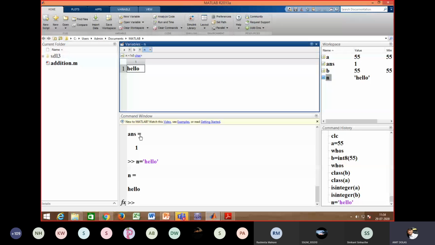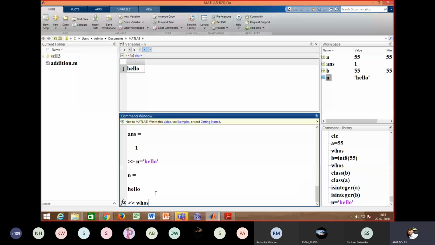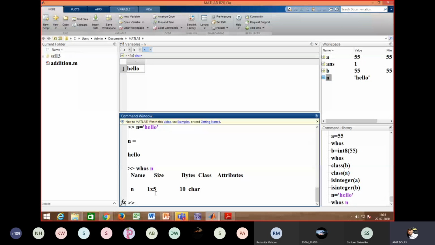If I use whos n, I asked what n is. It told me it is of size 1 by 5, n is the name, it requires 10 bytes to store, and the class is character. It is not an integer, it is not single, double, or logical, it is character.